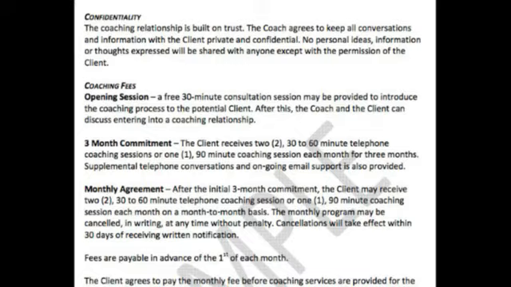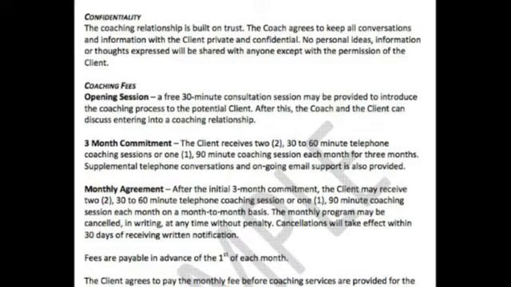But for coaching, you can have people sign up for packages. And you have them, like in this, the client receives 2 30 to 60-minute telephone coaching sessions, or 1 90-minute session each month for 3 months. They got to receive one or the other. And you have to pick. And you have them pay. How much money is this whole entire 3-month package going to be?